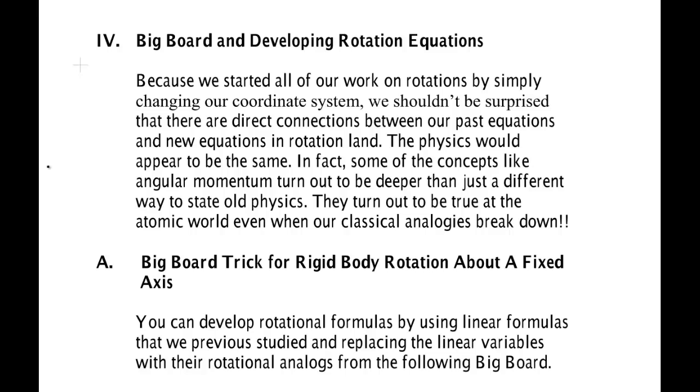So there should be a one-to-one relationship between these new quantities, angular position, angular velocity, angular acceleration, displacement, and all those variables that we had before. Regular position, acceleration, velocity, displacement. The fact is there is. By simply changing and swapping out symbols in our formulas, we can generate a whole new set of equations anytime we want, and we can take advantage of all that work that we did back in chapters 2 and 3 and 4 and 5 and 6 and 7 to do a whole new set of problems without having to relearn